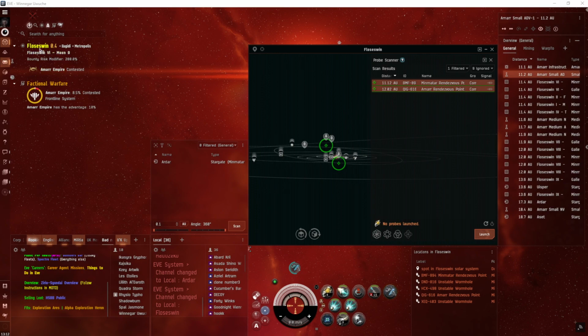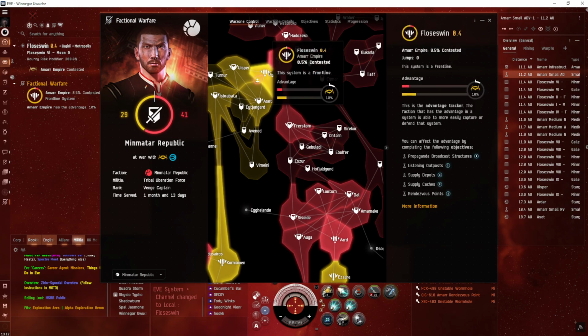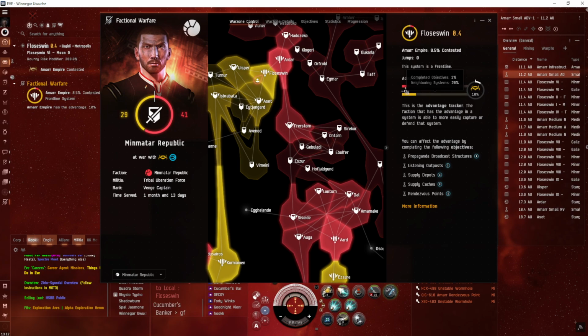So we're in Phlosis Win here in an Amarian frontline system at the moment, where the Amarian Empire has a 10% advantage. If you put your cursor over it, it'll tell you that it actually has 21 points. So how does 21 become 10? Well, let's take a look at it. We open up the faction warfare map, go up here to flow, hit the button, and it'll show you that Amarians have built up advantage, and Minmatar have built up advantage, and Amarians have as well. If you look here, you'll see 11 points. Here, you'll see 21. The net difference is 10, and that 10 is what goes into the display for the